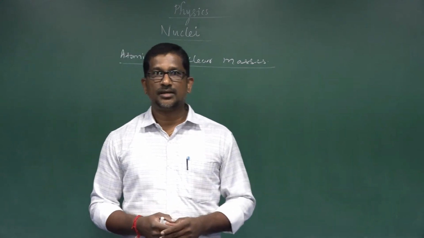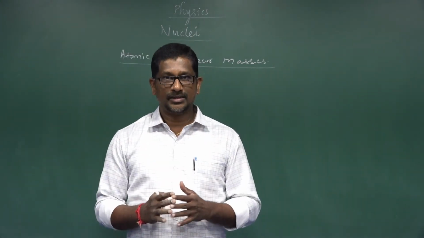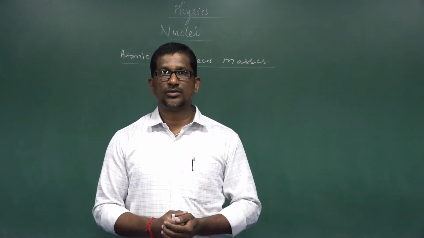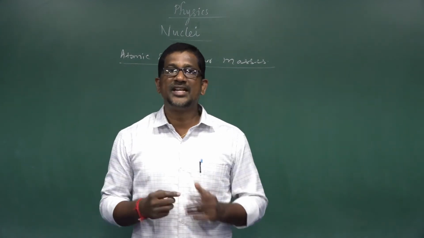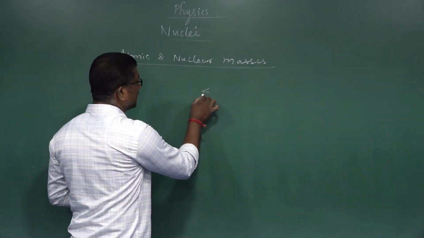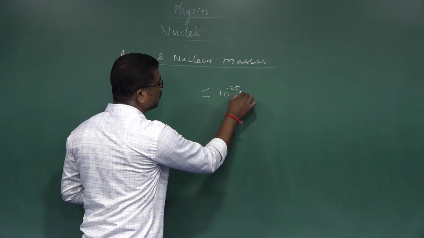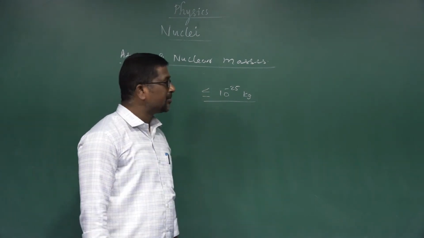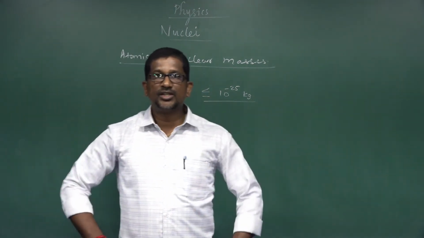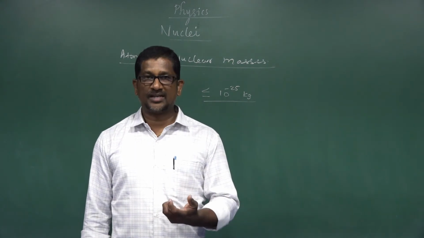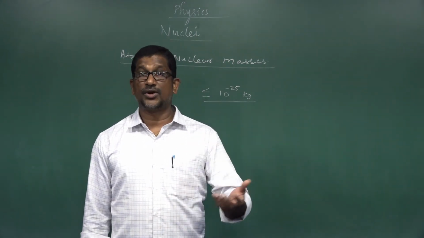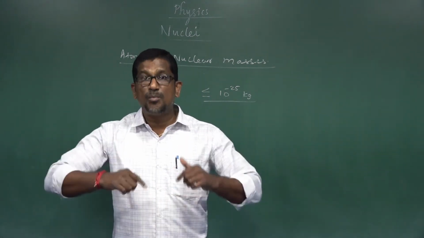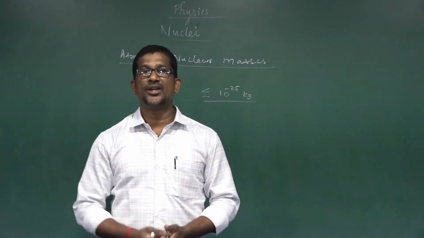In nuclear physics, the nuclear mass is expressed in terms of atomic mass unit. Why? Because the mass of the nucleus is very small. It is of the order of less than or equal to 10 power minus 25 kg. So that is why it is very convenient to express the mass of the nucleus in terms of atomic mass unit rather than kilogram. So atomic mass unit is a unit of mass which is mostly used in nuclear physics to